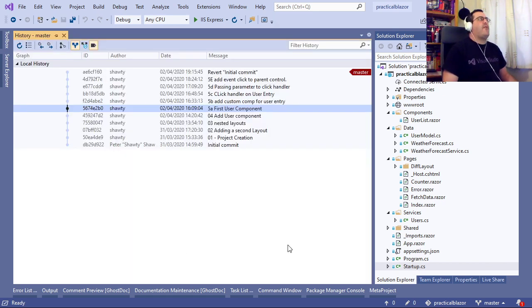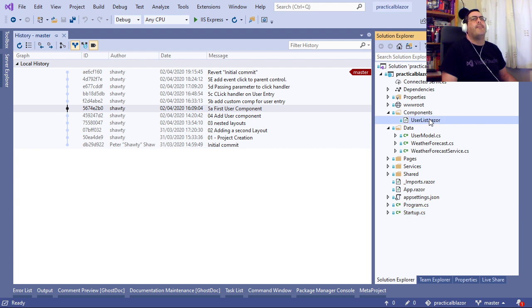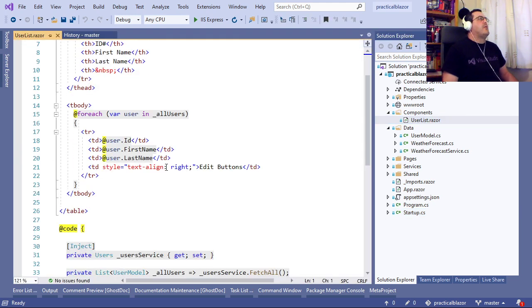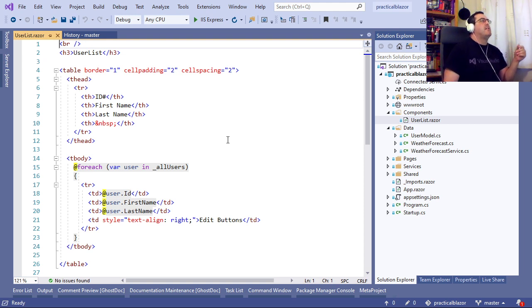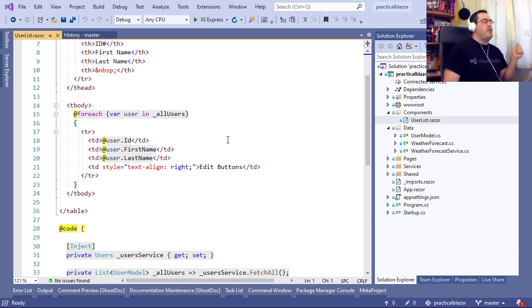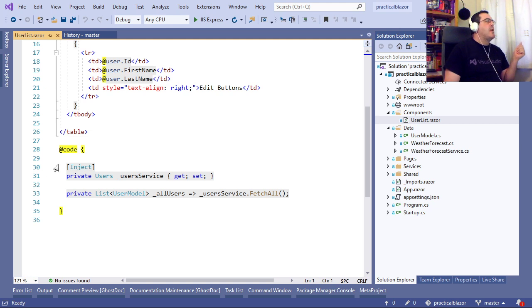Now, if we go to our user list component, you'll see that we've got our normal HTML markup there. It's a table. It's a very, very simple table. There's nothing particularly clever here. There's nothing particularly challenging. But you'll notice that in the code section, we now have this strange looking thing here